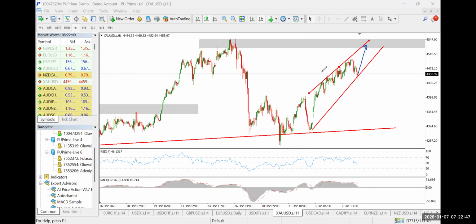But for now, I'm seeing a rising wedge pattern and potentially price going to the upside. And if it goes to the upside and hits that resistance, then we're going to capture a move to the downside as price breaks out below the lower trend line. So I hold a bearish outlook, but I want price to go up first before crashing downwards. So that's my outlook on gold.